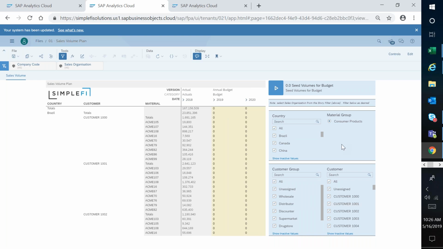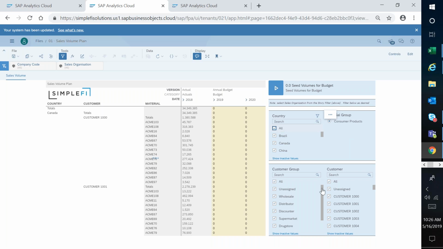We've got all sorts of filters on this one, right? The other one was the top level. We're doing things at all countries, all company codes, all customers, all of that. Now, when we actually get down into the granularity where we want to update our sales volumes, for example, I've got all sorts of different levers where I can decide whether I want to look at all countries, or focus on just Canada. Once I make my adjustments to my country, it will automatically refresh just with Canada. I'll go back and set it back to all.